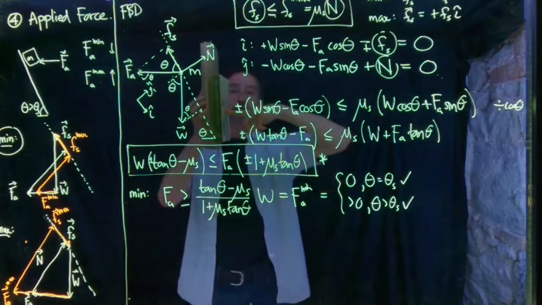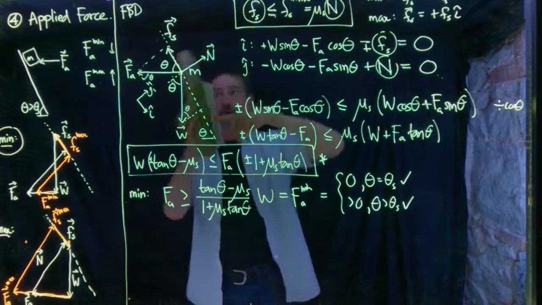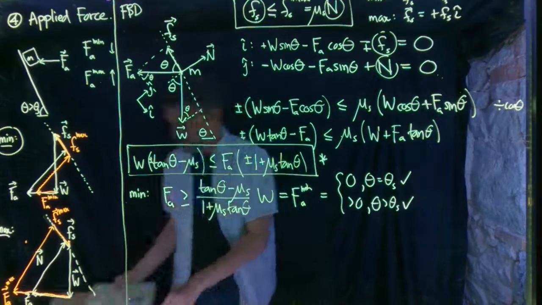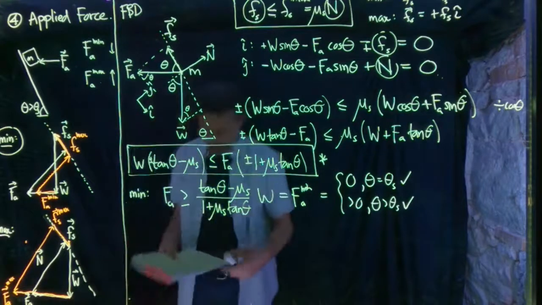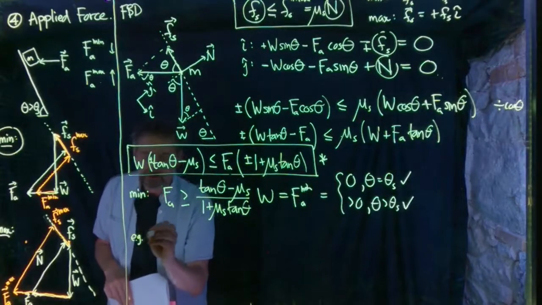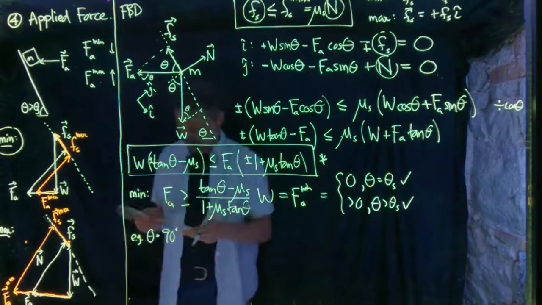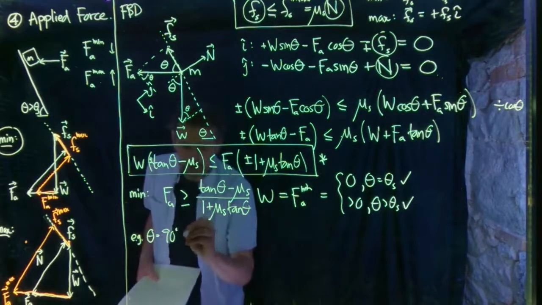Look at that. I'm applying a force, it's a sideways force, and it's not breaking the static limit. So there must be a solution to this equation when the angle of the incline is 90 degrees. Okay, so let's plug that in and see what happens, and see if it makes sense. So the example now is, let's look at theta equals 90 degrees. The incline is vertical. So in that case,